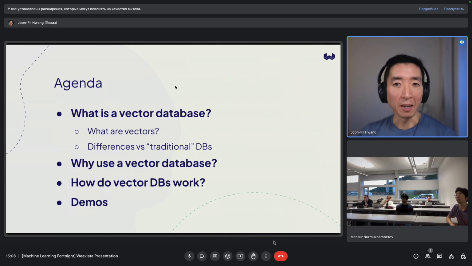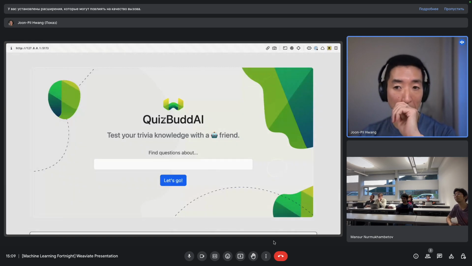And I'll get a little bit into how they work, but obviously all of these are individually very big topics. So we'll do what we can in terms of what's interesting and what's not. But I've got a few demos here as well. So hopefully that resonates in terms of, hey, these are the things concretely that you can build with a vector database. So with that said, let's see if I remember my keyboard shortcuts, and let's move on to a demo.